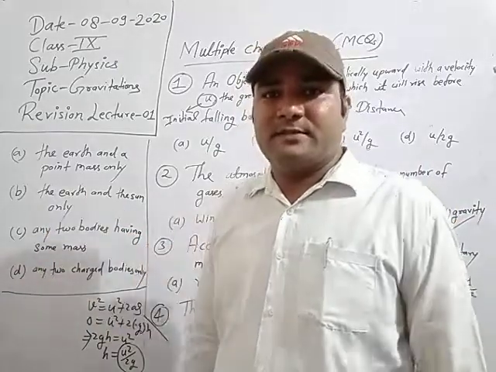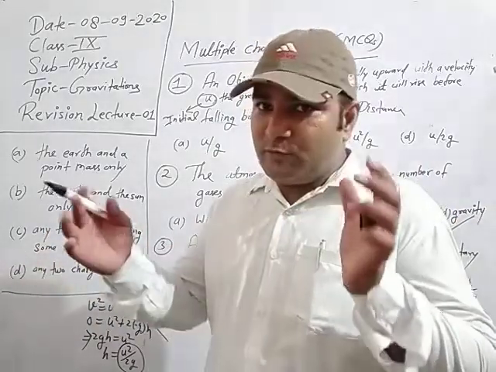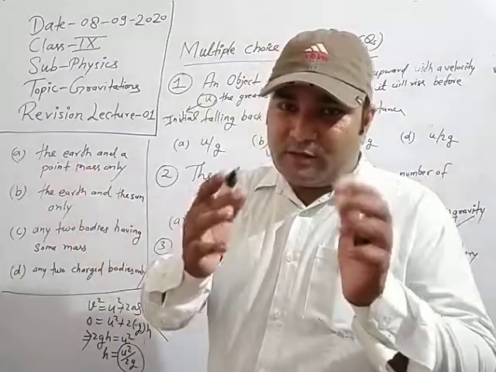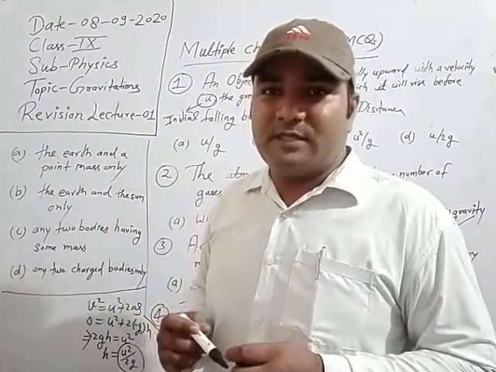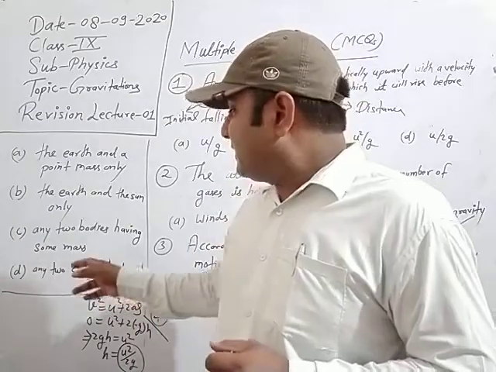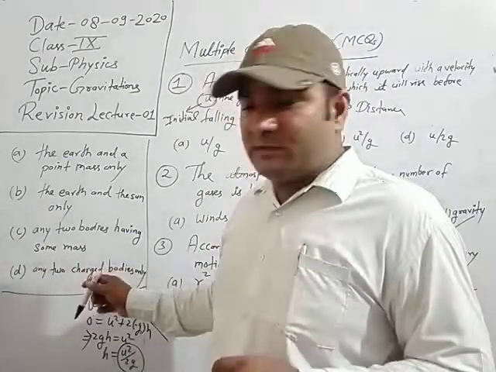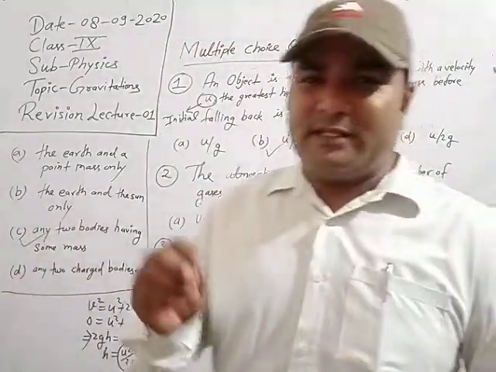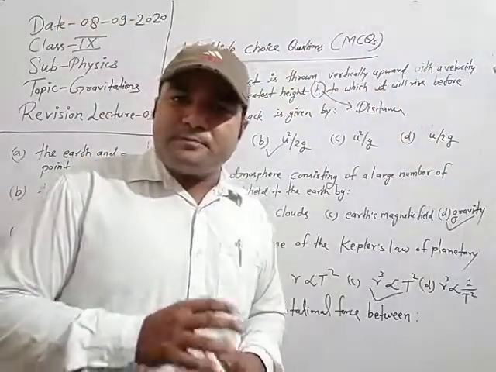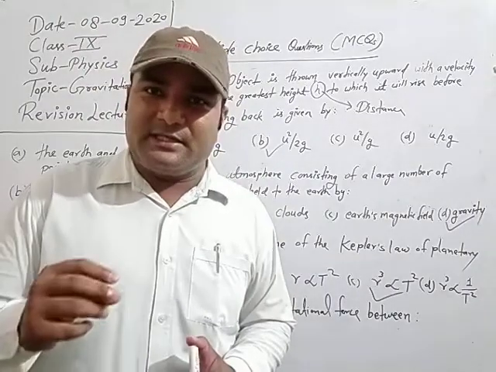It means the force of attraction between two bodies is directly proportional to the product of masses and inversely proportional to the square of distance between them. And any two charged bodies, that is also not possible. So the third option is the correct option. So in this way you can solve or understand everything related to